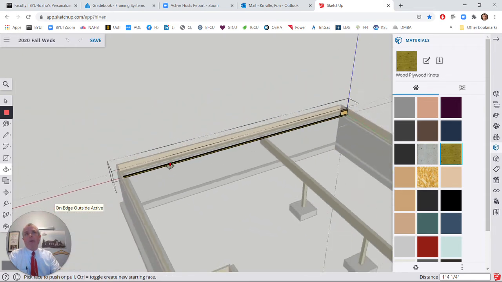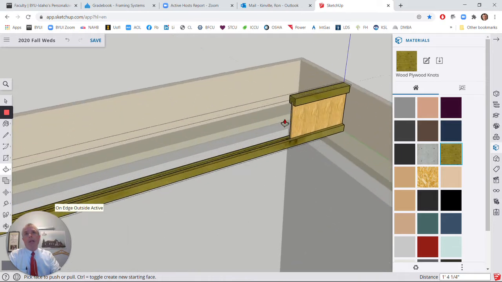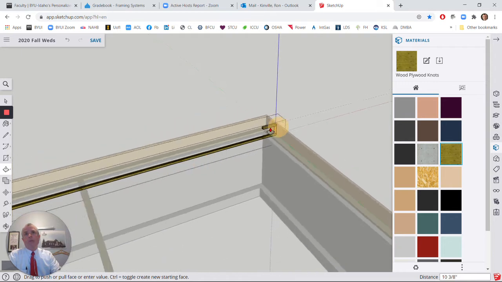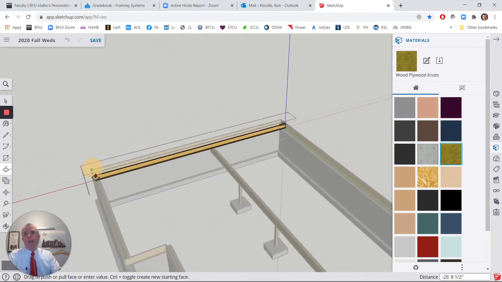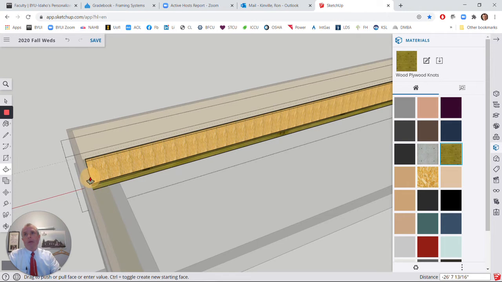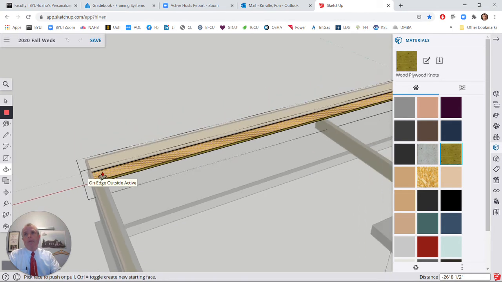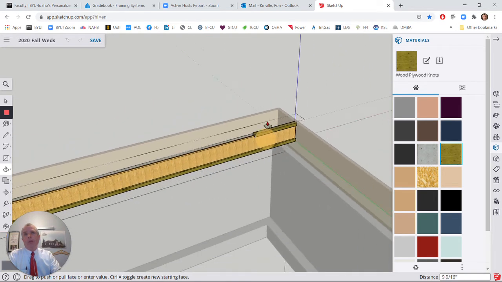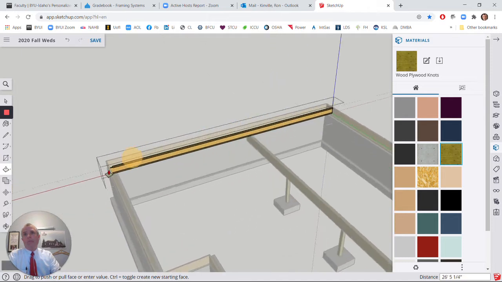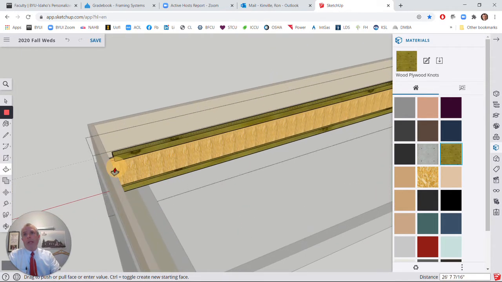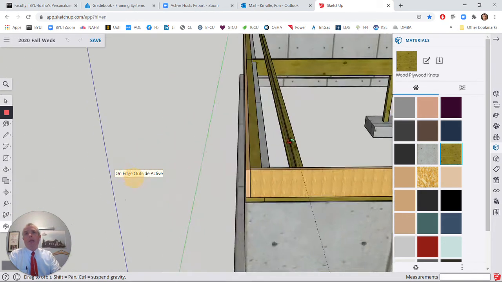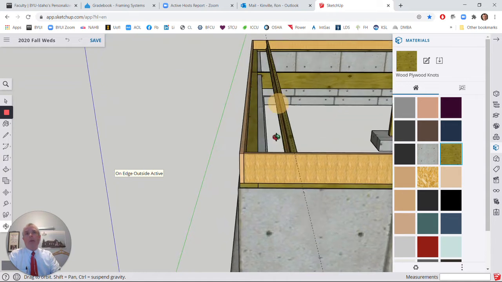And then I'm going to go and select the flange or the web of the TJI. We have two flanges, a top and a bottom flange, and then the web is the OSB in the center. And I'm going to put it right at the edge of that LSL. And then I will go and select the top flange and do the same thing. Bring it over and put it on the edge of the LSL. Now I can click out into space there, and I've got one floor joist that's right where it's supposed to